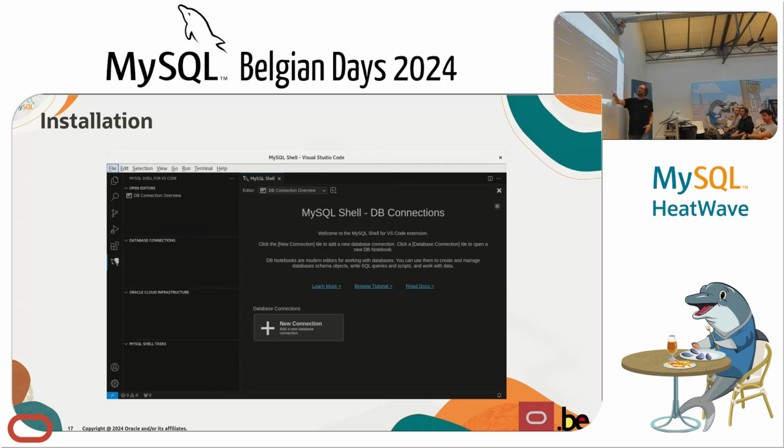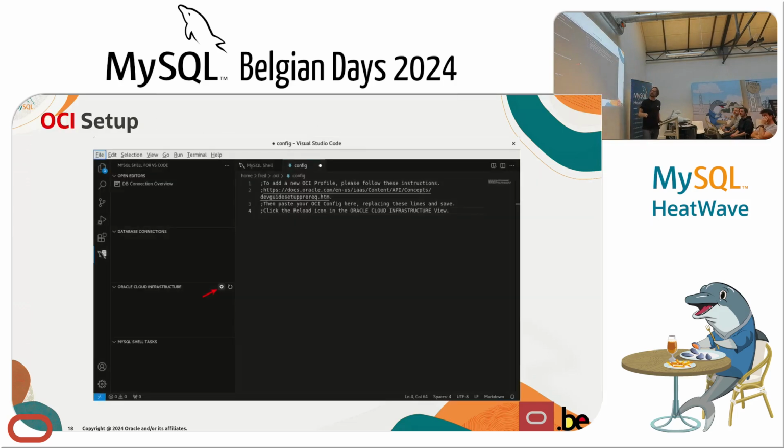We have the nice MySQL logo here. Database connections, so if you want to create a connection from a remote server you have, or your local machine or whatever, it's there. But what I'm very interested in here today is the Oracle